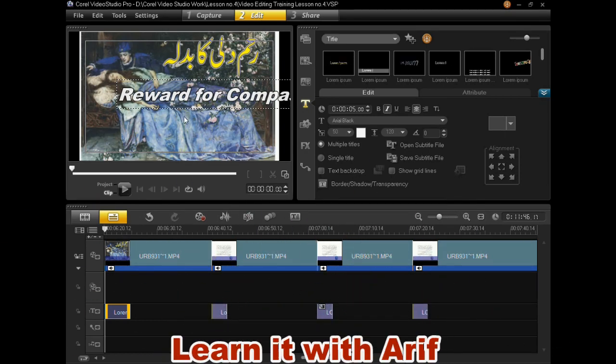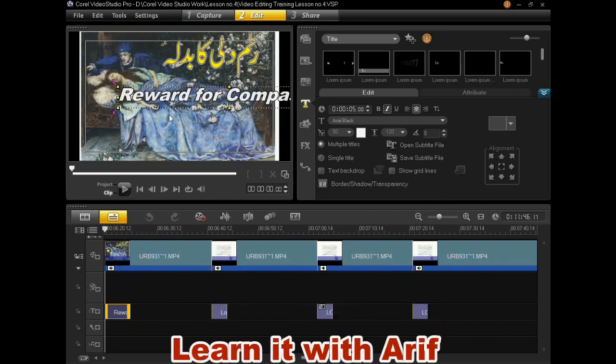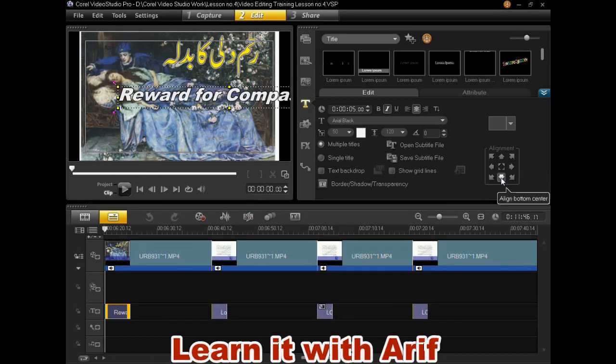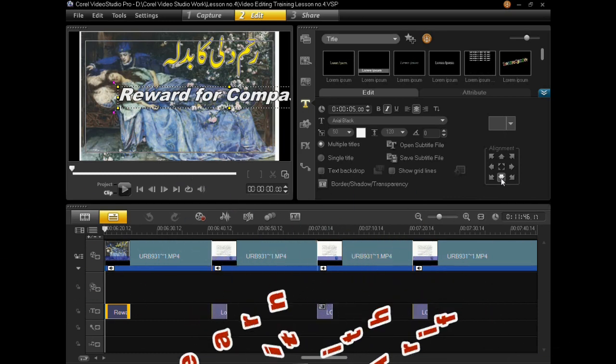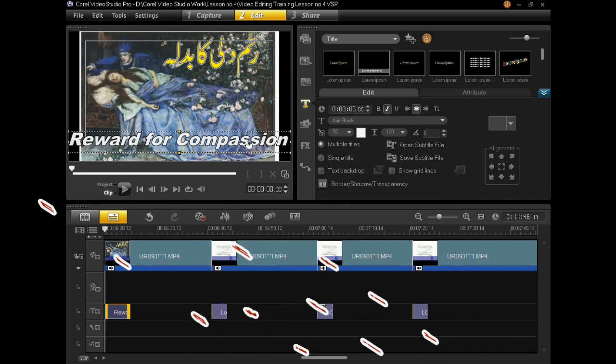After typing your text, click outside the text box. These are the alignment options. I want my text to be set at the bottom center of the video.